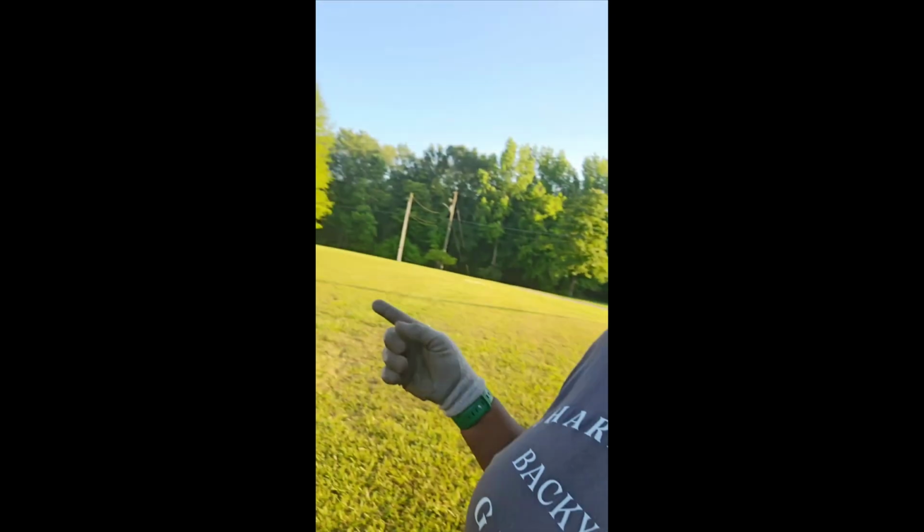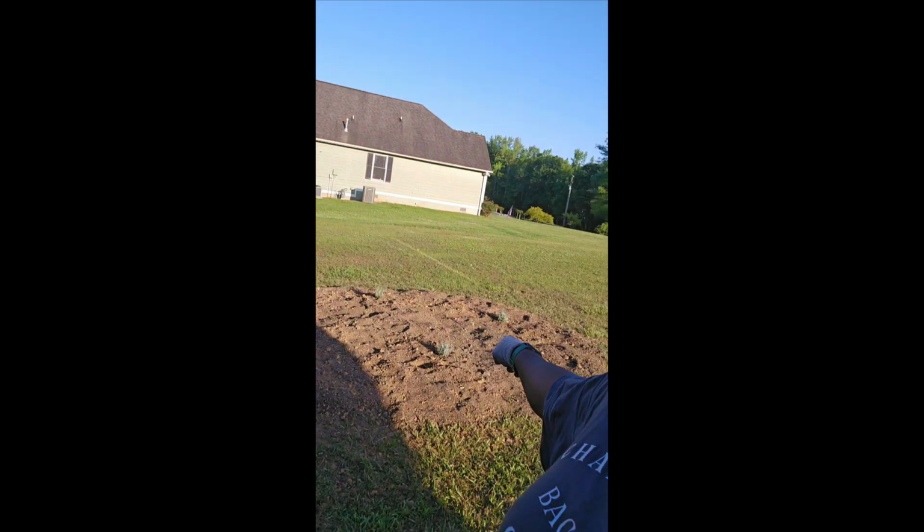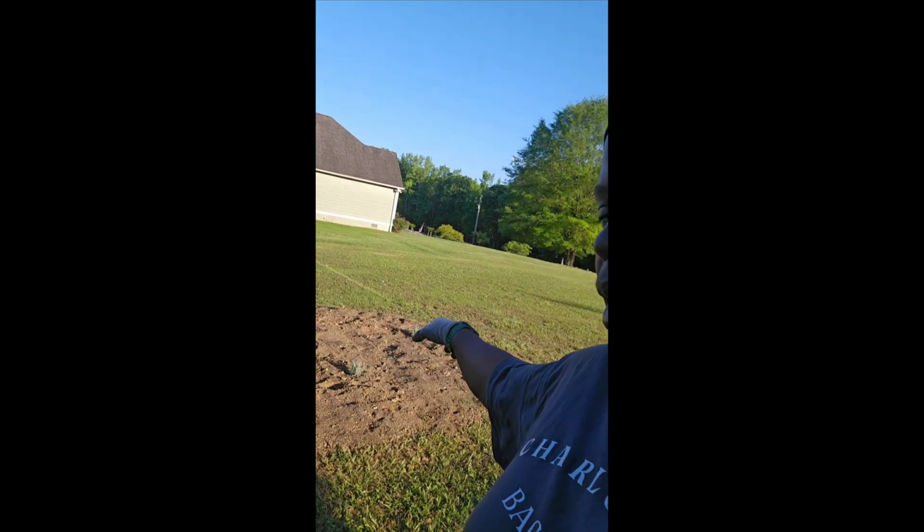So what we just did is planted a wildflower bed. And what you see here, those 3 things right there, is lavender. But I have sown all wildflower seeds in that bed just to see what it does. I'm curious to see what it does. So yeah. So guys, I promise you that's it. I wanted to just take you on a quick tour of the new garden and my garden expansion and what I'm doing out here and all of that good stuff,